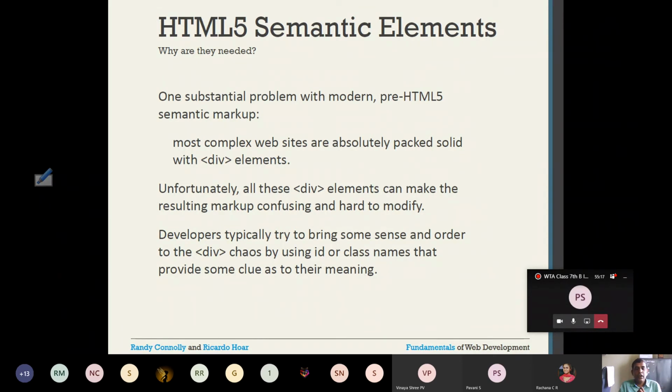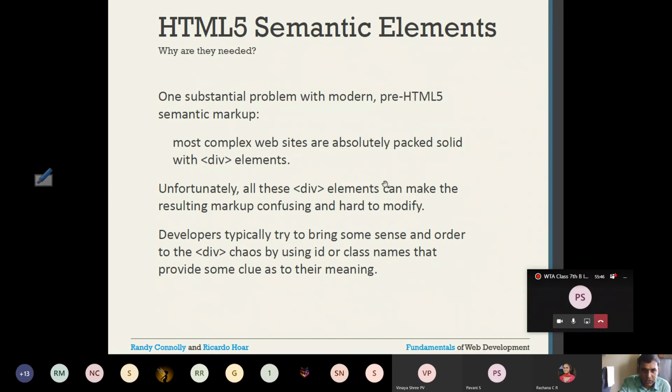So developers wanted to bring some sense and order to the div elements. Of course, div elements were used with attributes like ID and class names that provide some clue and meaning. That means every div can be identified by using the ID attribute, or a div can be categorized based on class, where you can use a class attribute.